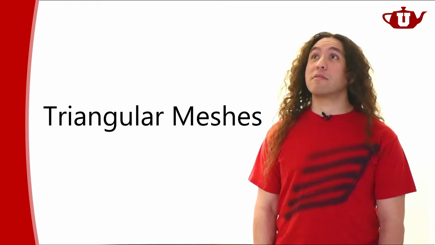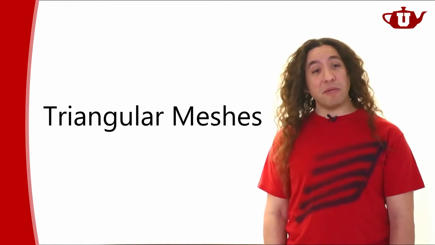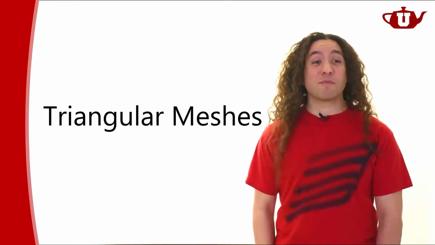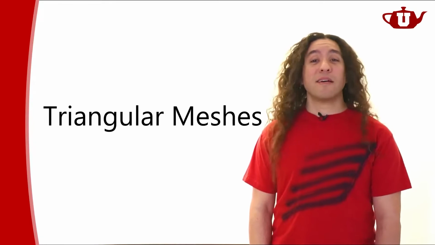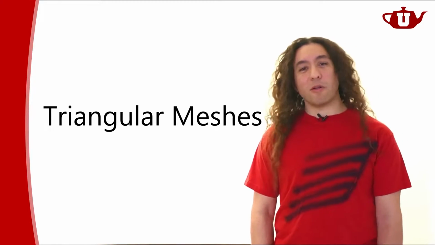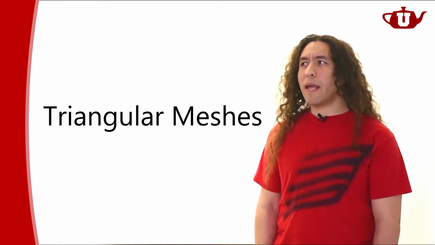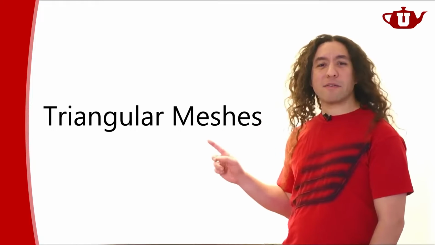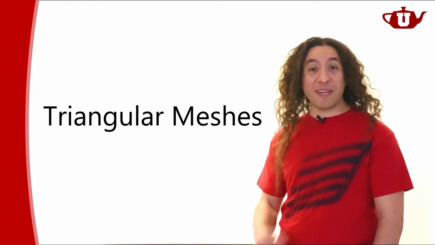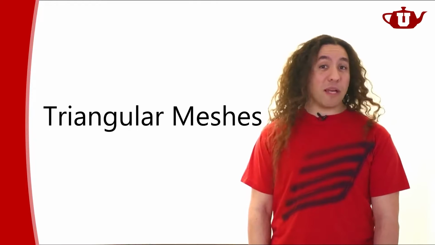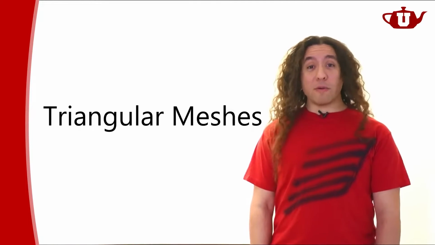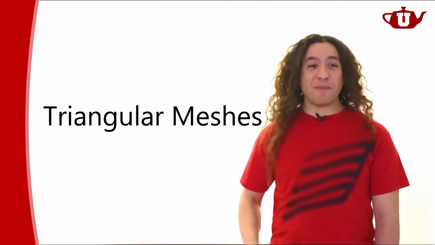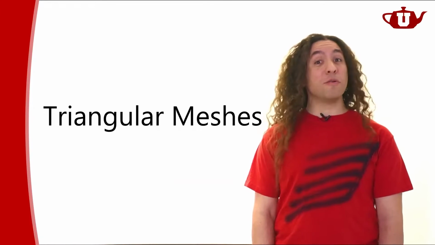GPUs have, actually, the graphics API has a number of primitives. Like there are points. We've been using points for our previous project, right? There are lines, line segments more specifically, but they're called lines. We used to have quads, now we have patches. But everything in the end, right before they reach the rasterizer, they turn into a bunch of triangles. So when in your previous project you've been rendering points, you thought you were rendering points, you were actually rendering triangles under the hood without knowing. You were sending points, but those points were converted to a bunch of triangles.